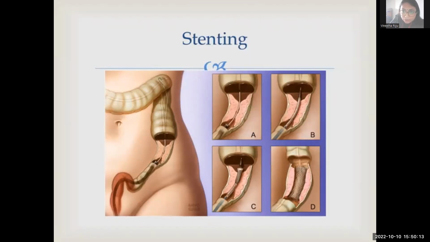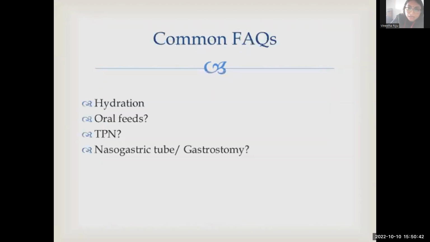So here is the obstruction. You see that? That is the obstruction, the tumor mass, which is occluding the lumen. But a stent is being put in, and it is a self-expandable stent. So after it is put in, it is expanded. When it is expanded, the tumor is pushed to the side and the lumen is patent now. Okay. Now coming to that,